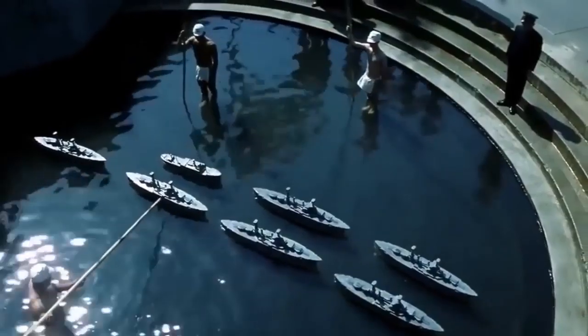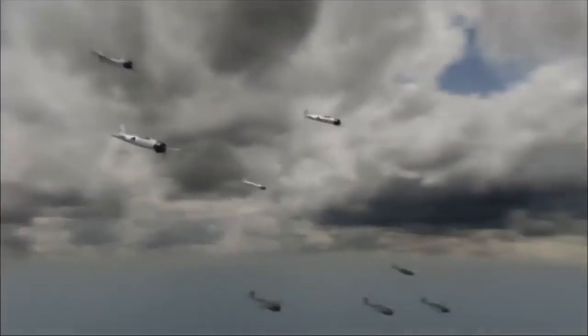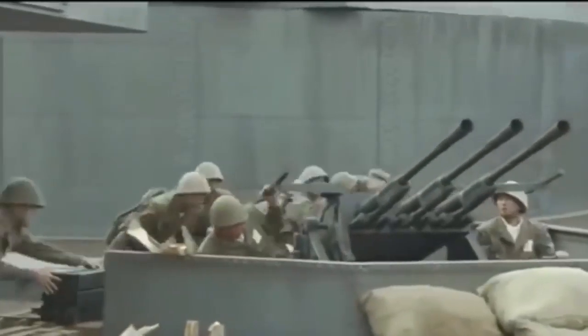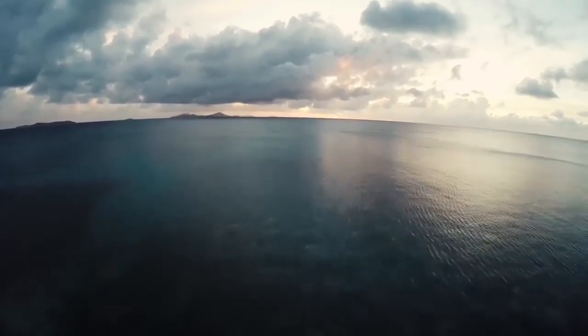At anchor in the lagoon were their battleships, aircraft carriers, destroyers, cargo ships, gunboats, minesweepers, and many, many more, something the US Air Force saw as a prime target. So, in 1944, they attacked. The Japanese had received some forewarning of the imminent threat, so moved some of the biggest vessels out of the way. On the morning of February 17th of that year, a 3-day campaign began